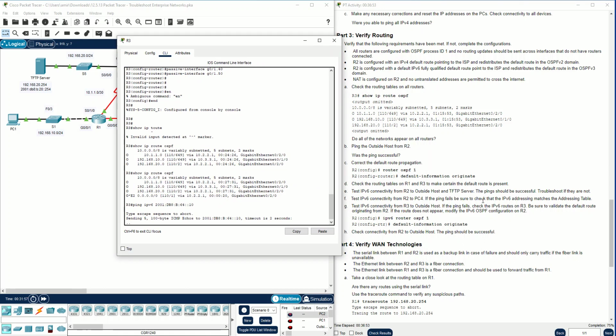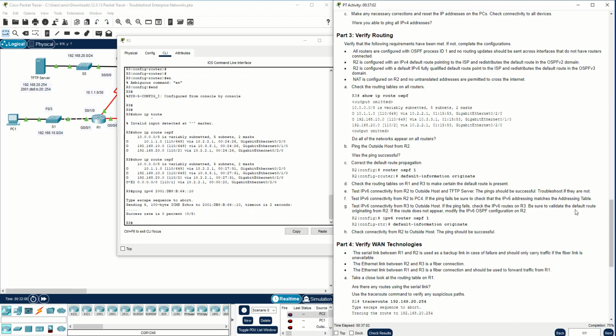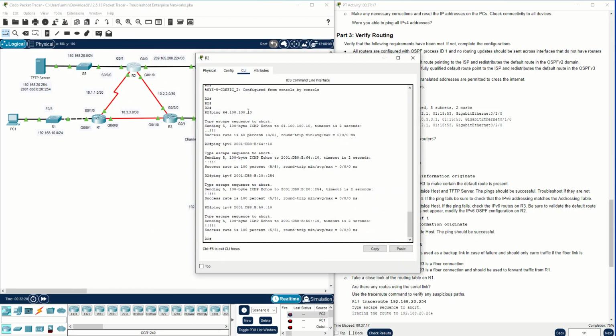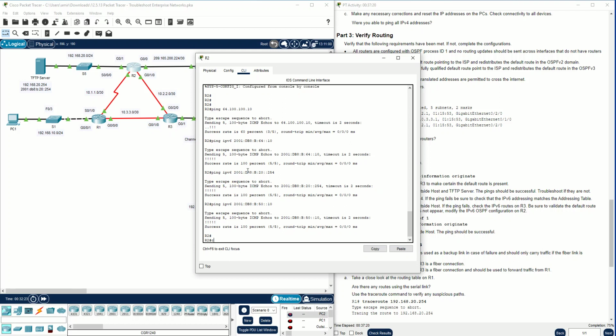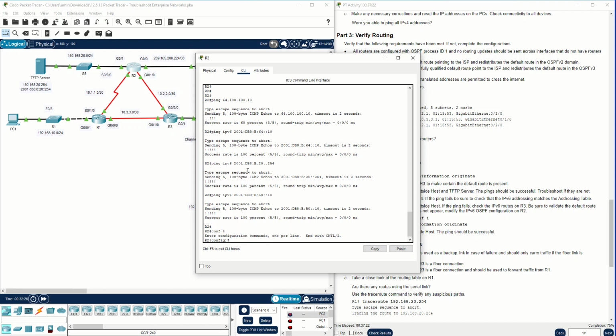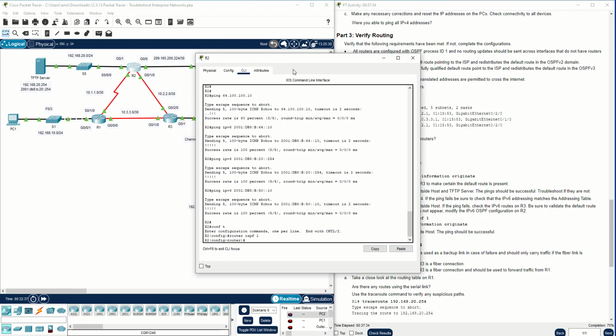it cannot ping it. If the ping fails, check the IPv6 routes on router 3. Be sure to validate that the default route originates from router 2. If the route does not appear, modify the IPv6 OSPF configuration on router 2. Also, it's very important. We should also say on router 1 or on router 2 for IPv6 also, I am the domain, and you should write here router OSPF 1, and as you can see,